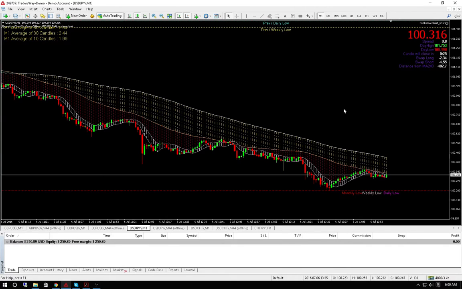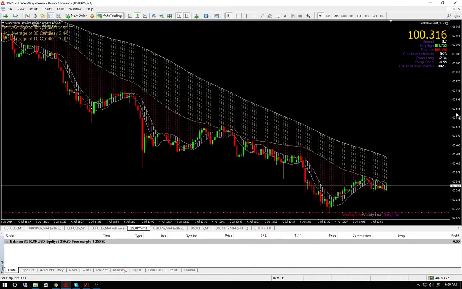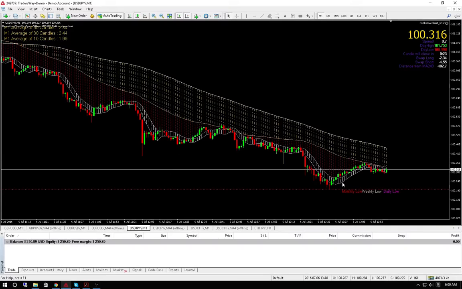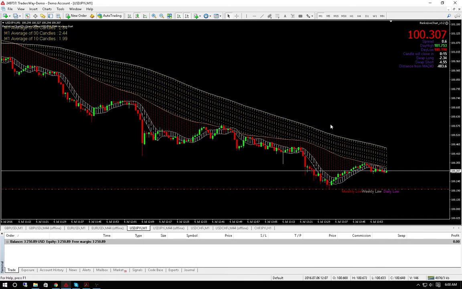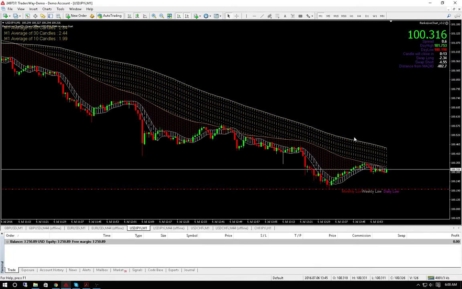UJ, I took a little trade on that just to test a couple things out, and it worked out okay, but it's just snuffling along. We don't have momentum. We have overall a downtrend, which we can see by the slow cloud. The medium cloud, you can see it's coming in and out and disappearing, so the trend there isn't very strong